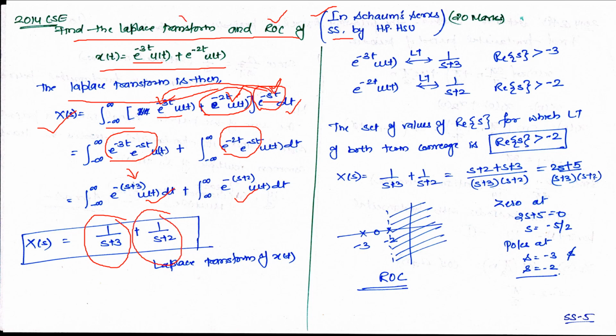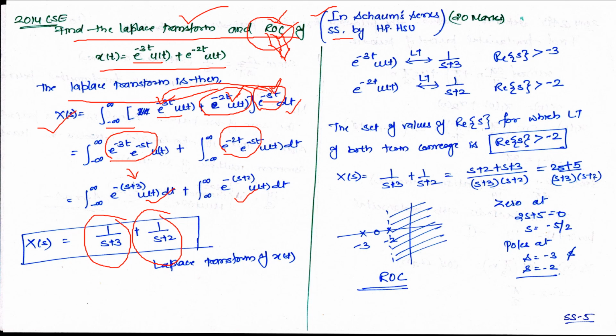So this is the first part of this question, and then the second part is to determine the ROC, the region of convergence. Now please understand, whenever you are looking for the region of convergence, just go with the word meaning or dictionary meaning of what they are writing for such kinds of terms, because most of the people have confusion with how to identify the region of convergence in such cases.